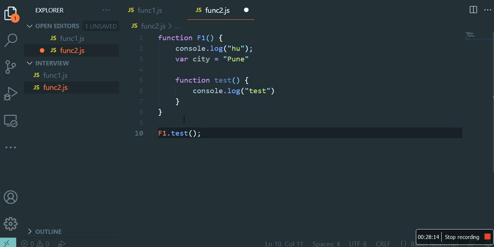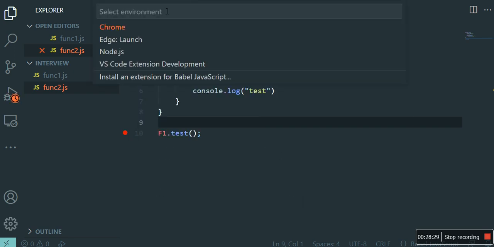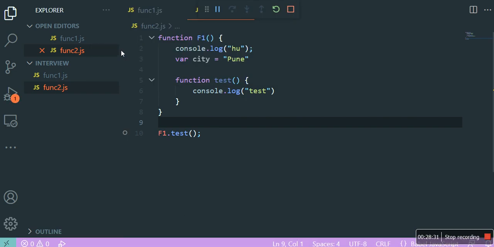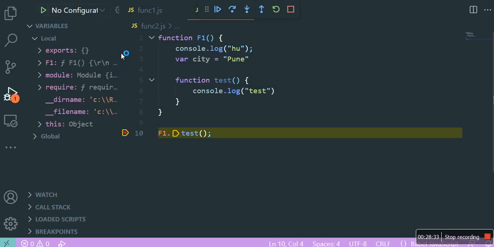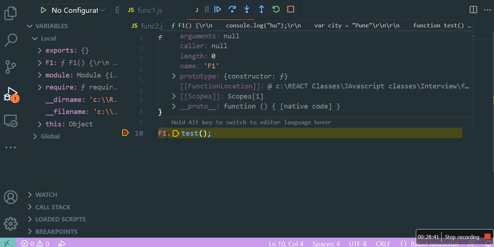Again, I will say it is the same concept, so there's nothing to get confused about here. I'll run this and show you what is happening. Start debugging. Now just check f1. Correct. f1 is this thing. If I move my f1 here, you can see a lot of properties. Arguments, correct. Test is not there. So till now test is not there.